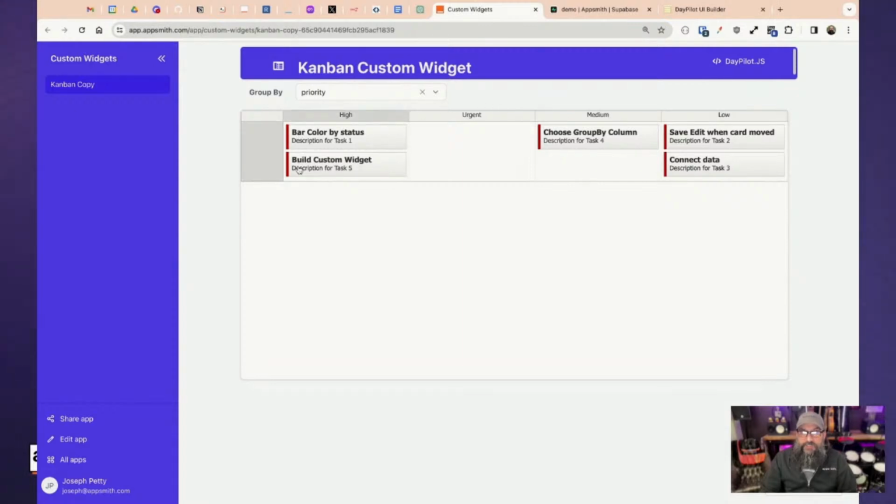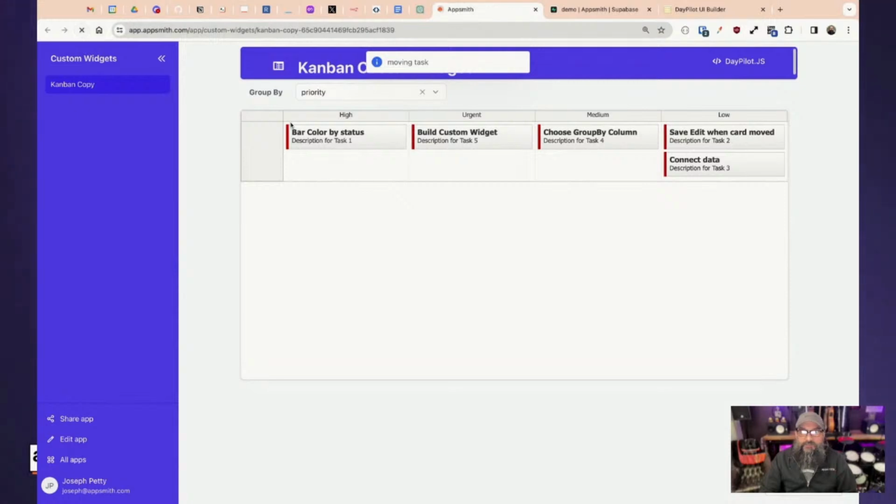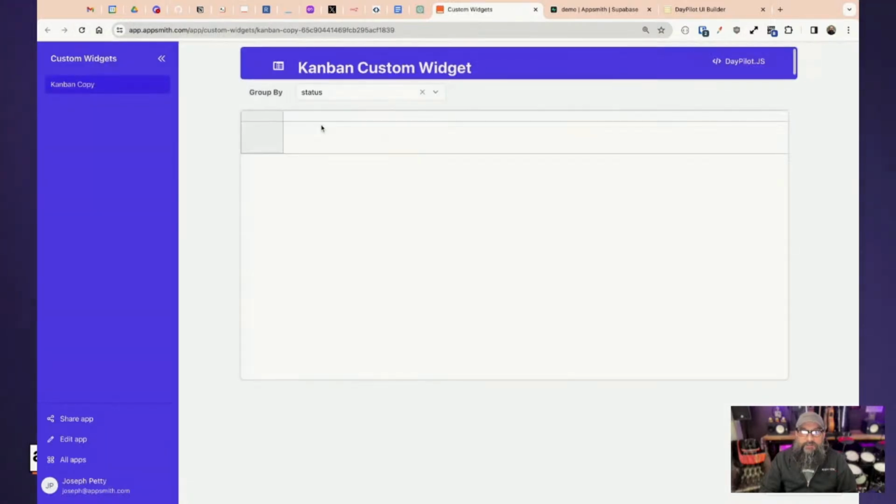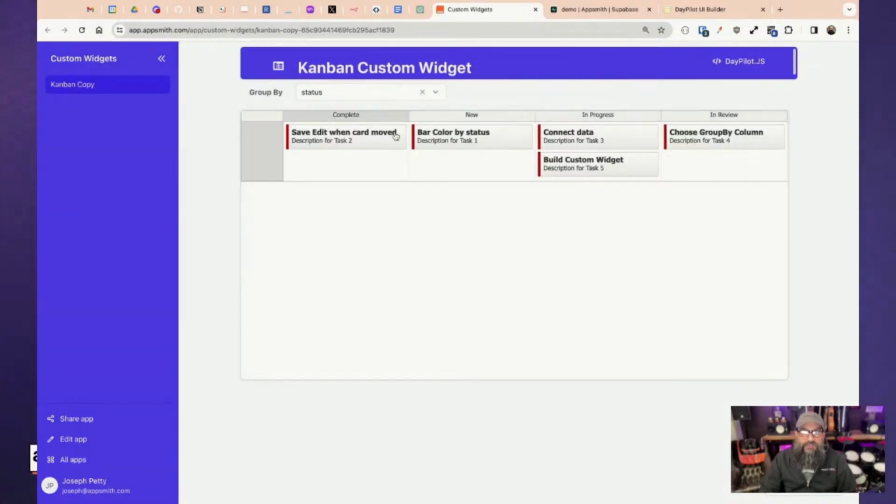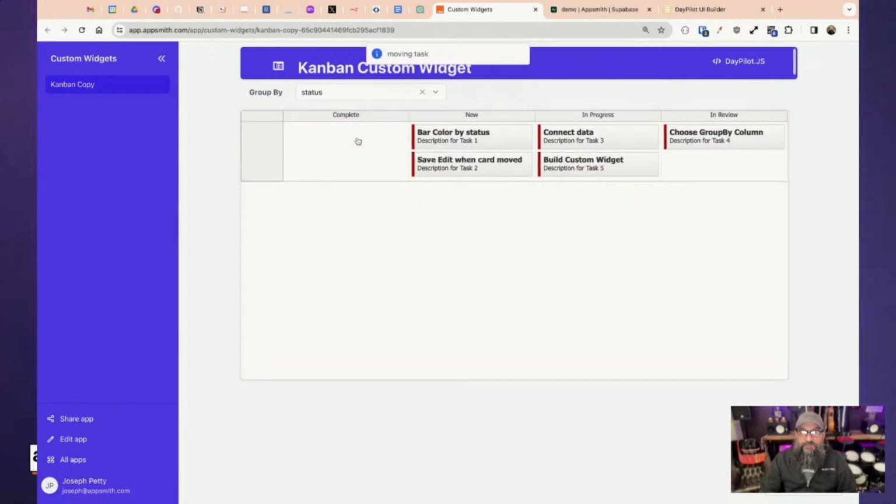These colors could be dynamic based on the status. Another issue is that if this column is totally empty, you'll see that it's going to disappear here in a minute when I refresh. I don't want to lose it just yet. Let me put something in every column and I'll refresh, and you'll see that I have 4 columns here of possible statuses. If I move everything out of completed and refresh,